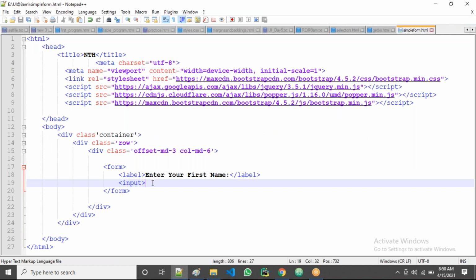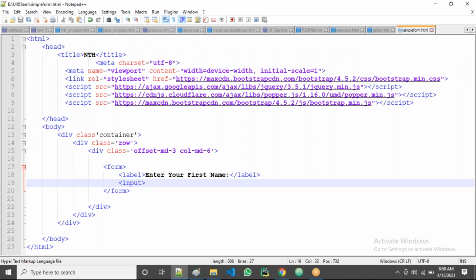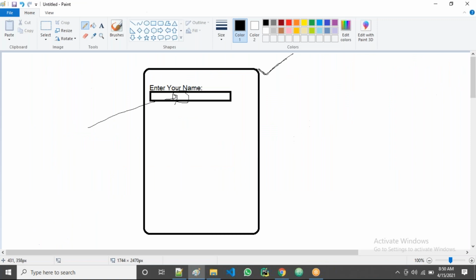That's all. The input tag does not have an ending tag, guys. If you see, all the tags till now have both opening and closing, but in the case of input we don't have opening and closing tags. We have only one tag. That's all. Okay, we save this one. Let's go there.